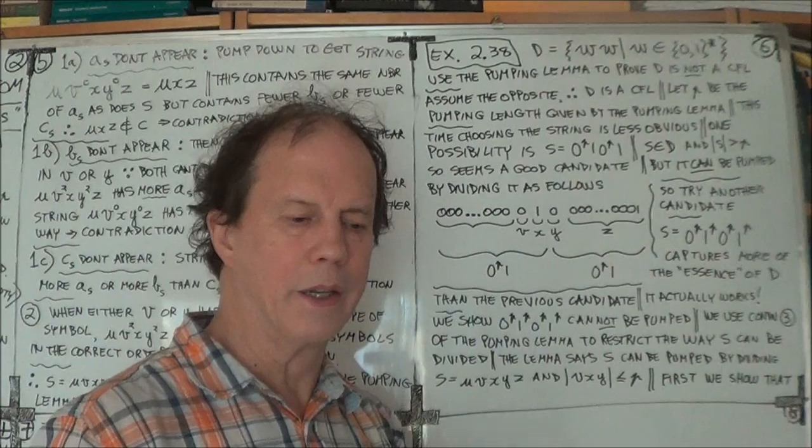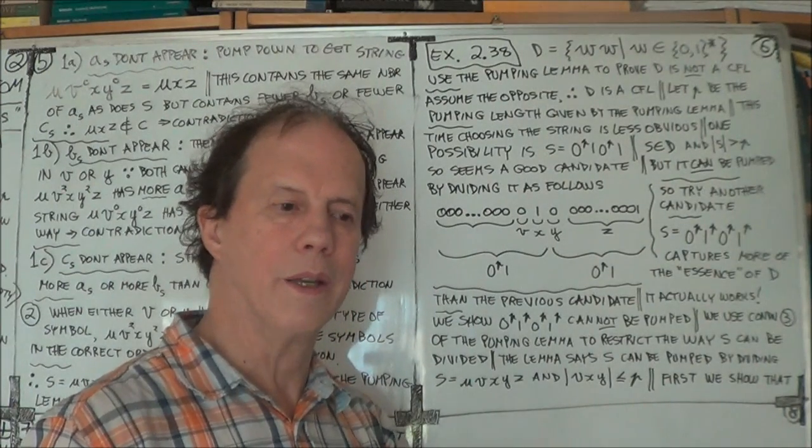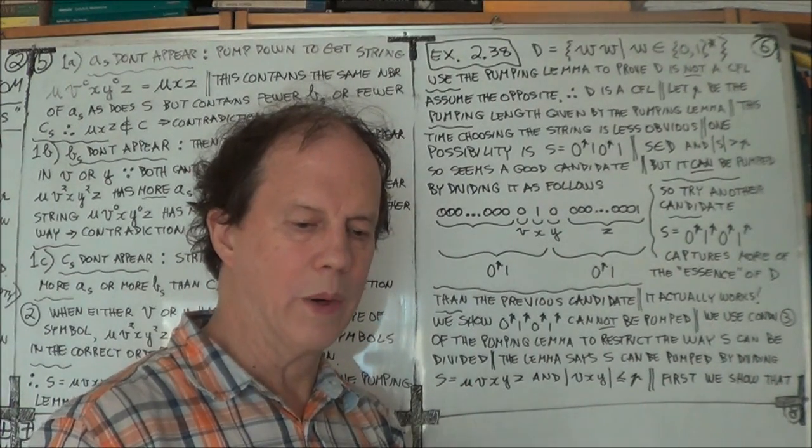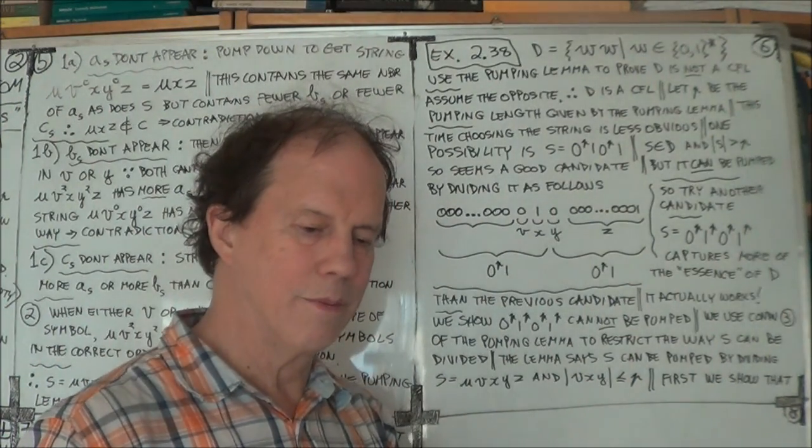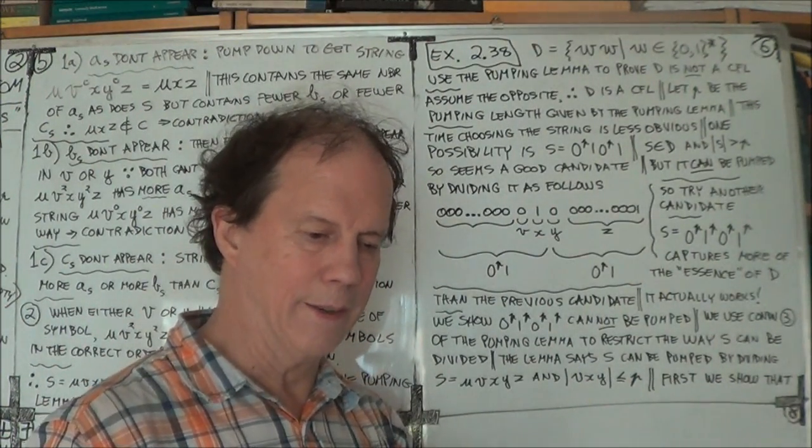Now you may be able to divide it in lots of different ways, okay? But so long as just one way, I hadn't spelled that out earlier actually. So long as you can divide it,